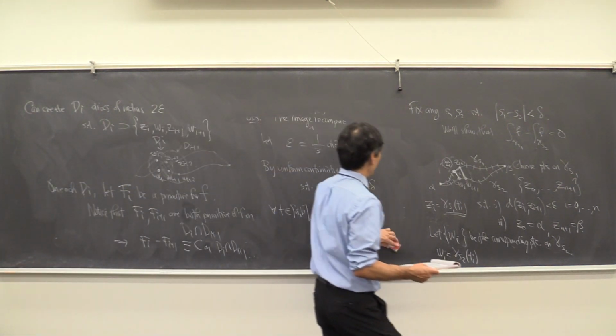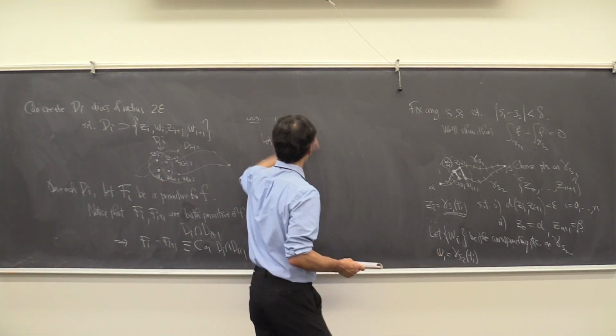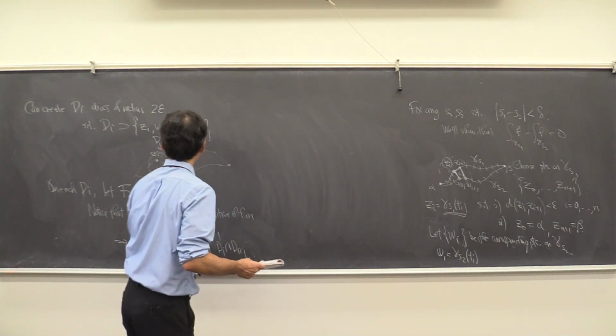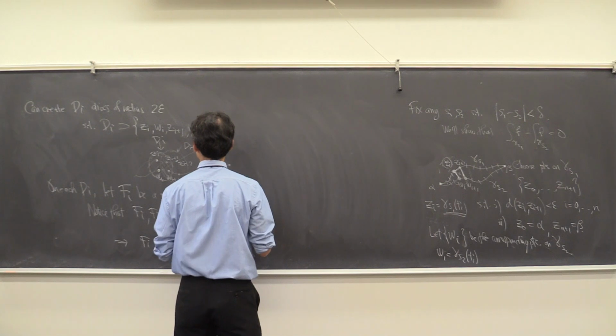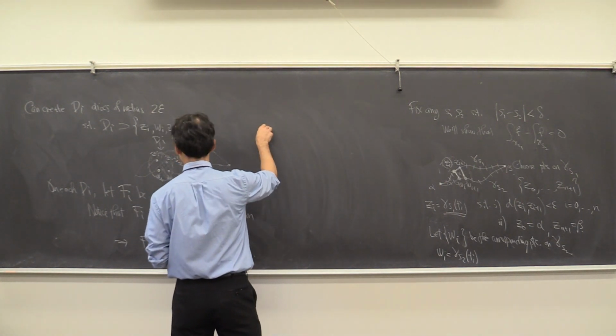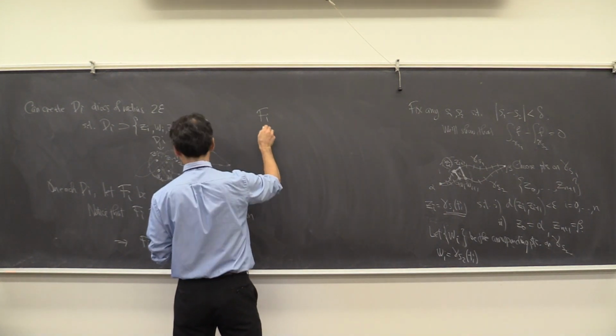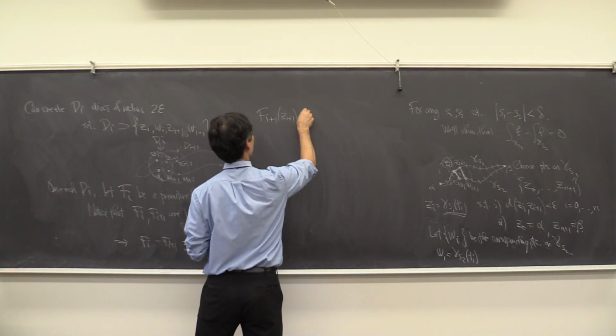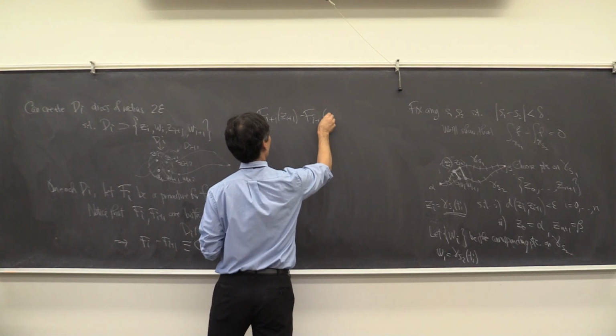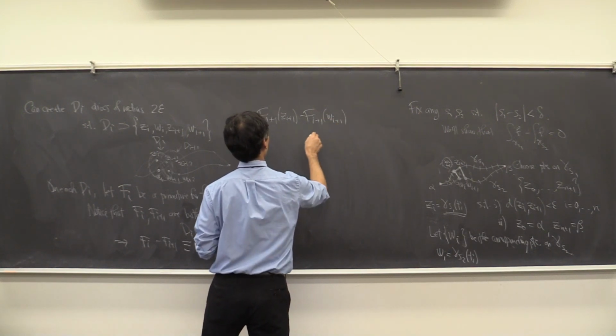Okay, and this is where we play the trick. So you look at the point z sub i plus 1 and the point w sub i plus 1. You know that f sub i plus 1 at z sub i plus 1 minus f sub i plus 1 at w sub i plus 1,